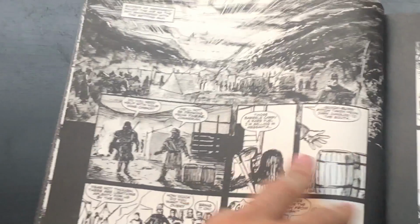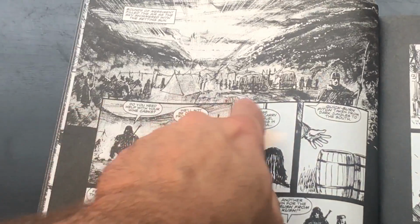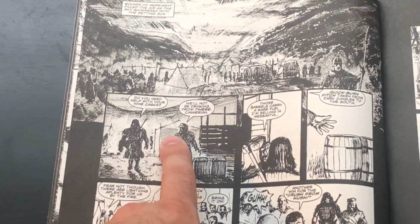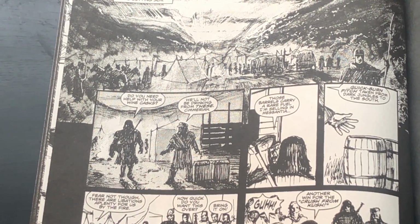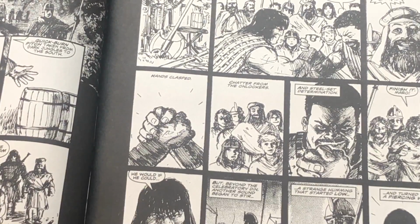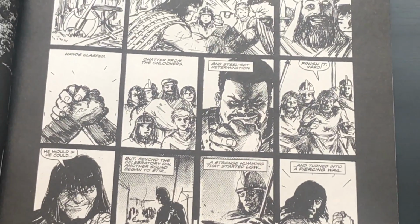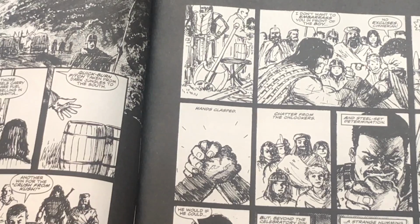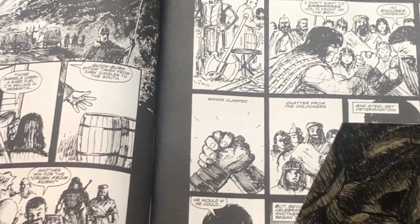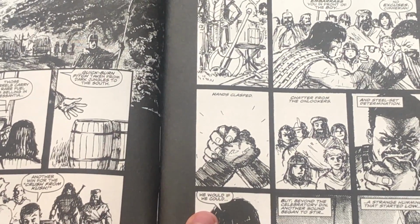Oh, by the way, here's what I was talking about, the screen tone / zipatone type stuff. It's just thrown in there, little bits here and there. It's not everywhere, but it does give me vibes of old school Conan the Barbarian / Savage Sword of Conan from the old days. So yeah, this feels like, at least how it's drawn, a story that I could see in a definitely later